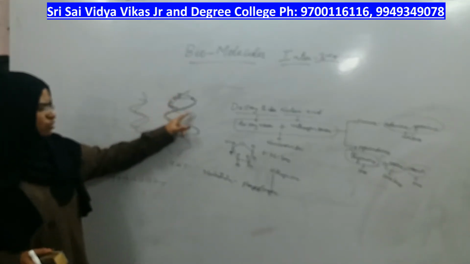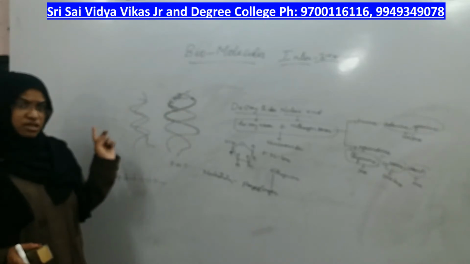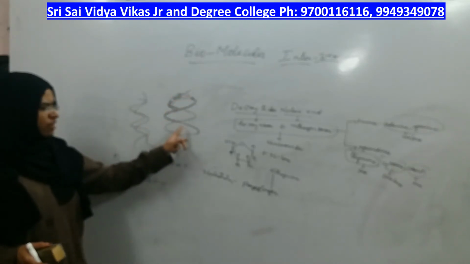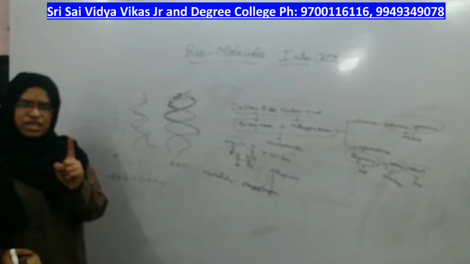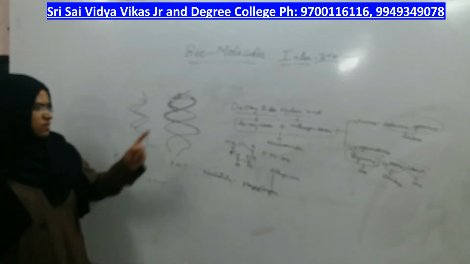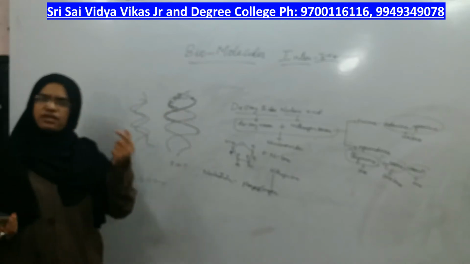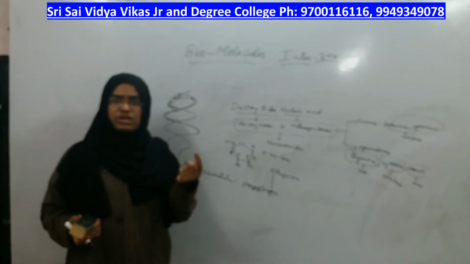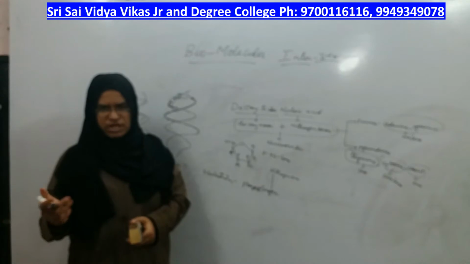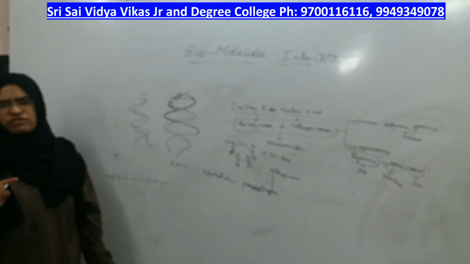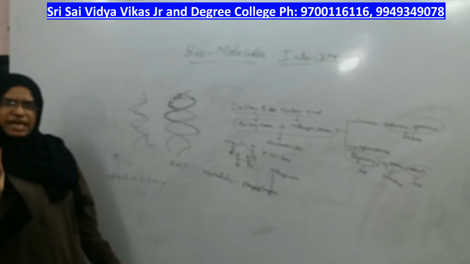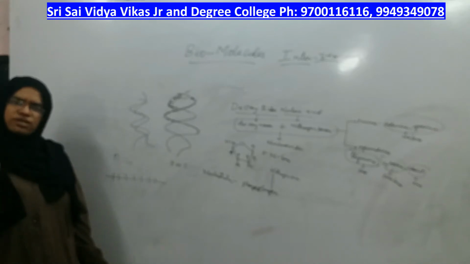So many nucleotides are arranged side by side. Therefore, one strand of nucleotides is one polynucleotide chain. Another strand of DNA is another strand of polynucleotide. Poly means so many nucleotides are present. In one strand there are so many nucleotides, so it is a polynucleotide. In another strand also there are so many nucleotides.